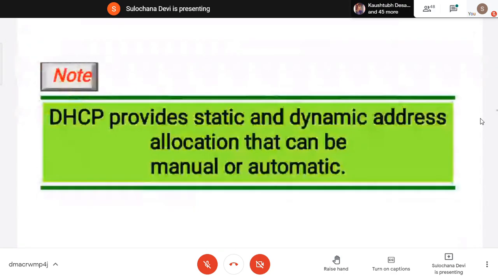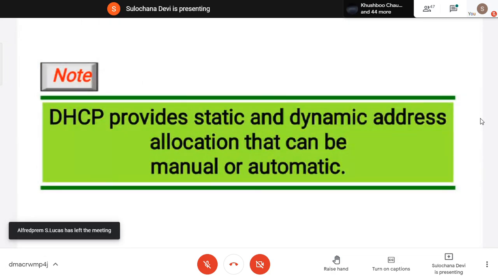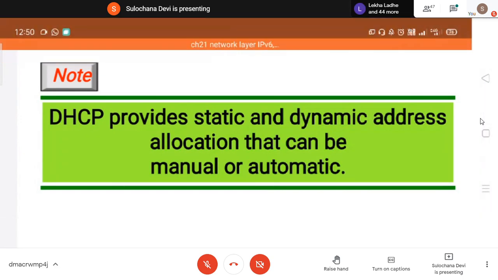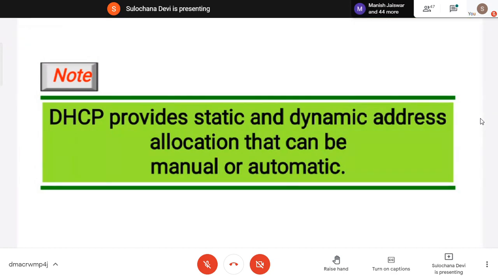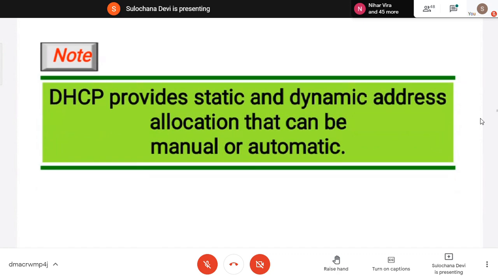Then DHCP. Every machine has an IP address, and those IP addresses can be provided statically or dynamically. In static assignment, once the machines are configured, the administrator provides the IP address and that address is fixed. With DHCP, there is a pool of available IP addresses, and every time a machine is turned on, the DHCP server allocates an IP address from the free pool. When the machine is turned off, that address is returned to the pool. So that is DHCP, Dynamic Host Configuration Protocol.